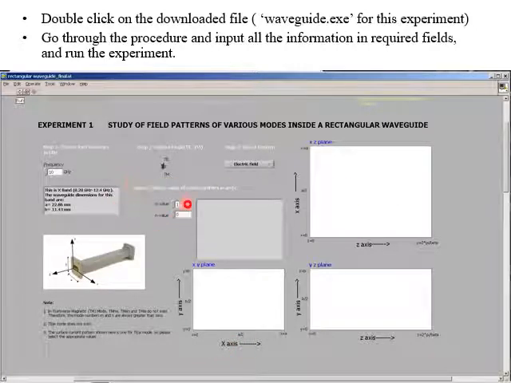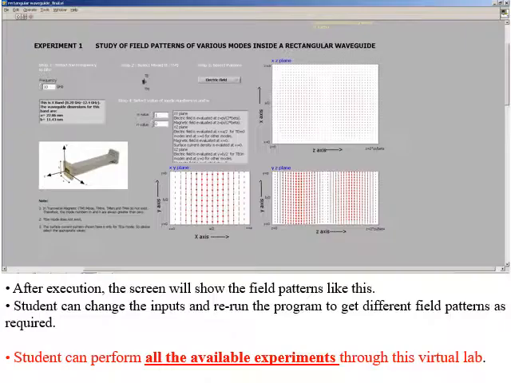So you have to put these informations here, and then once you put these informations, you go here, this one, this is the run button. So you press this to run it. Once you run it, you will get this particular figure. Say we have given a frequency of 10 gigahertz, mode number is 10, and we have chosen TE mode.